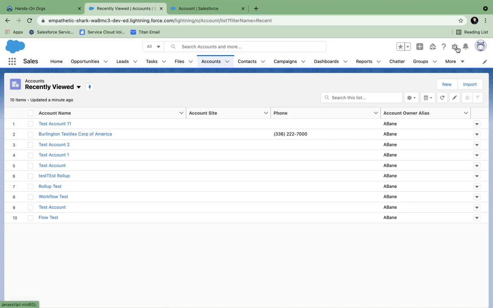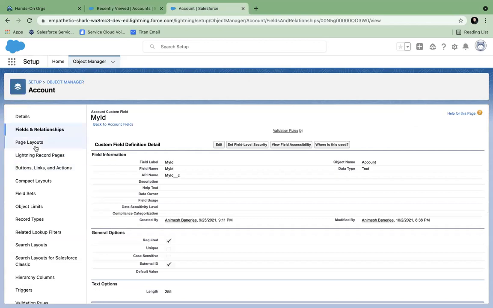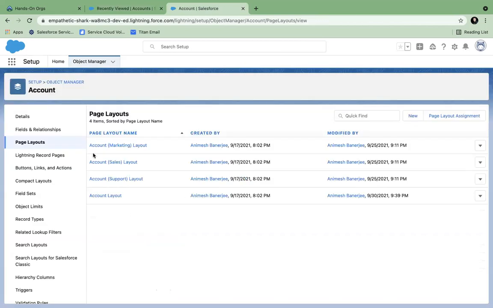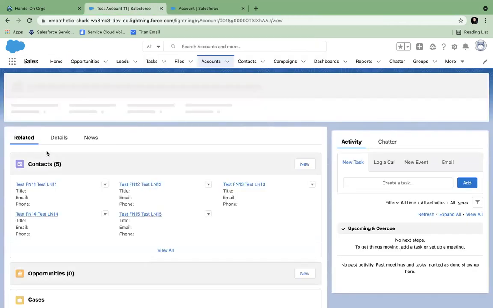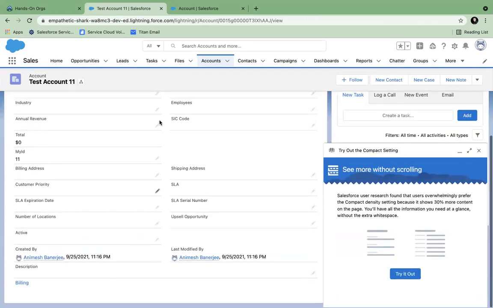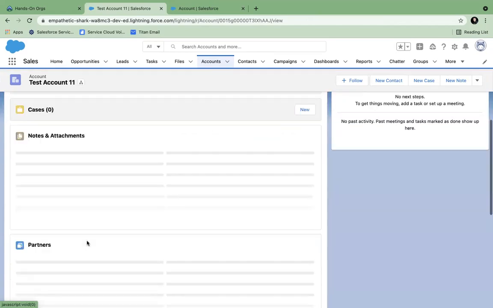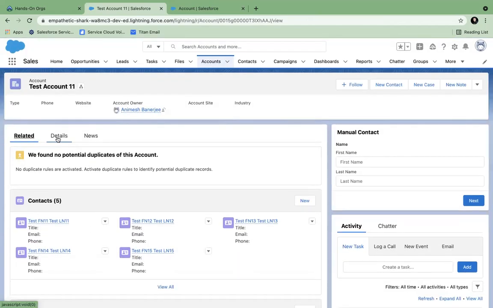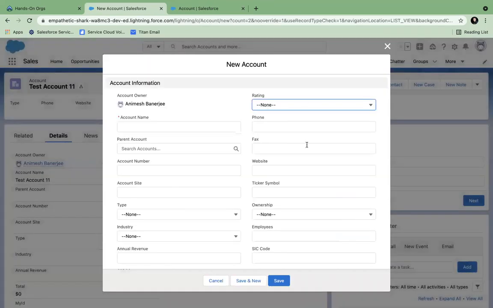Another way of making it mandatory is if you go to the page layouts. So you can have page layouts. What are these page layouts? Page layouts are screens. This page layout is exactly the detail screen, this one. All the fields which are there in this detail screen as well as the related list, everything is governed by the page layout. And when you create a new record also, this is also part of the page layout, the same page layout, no difference.